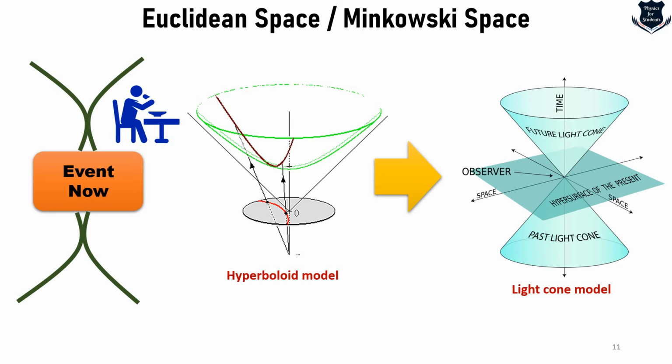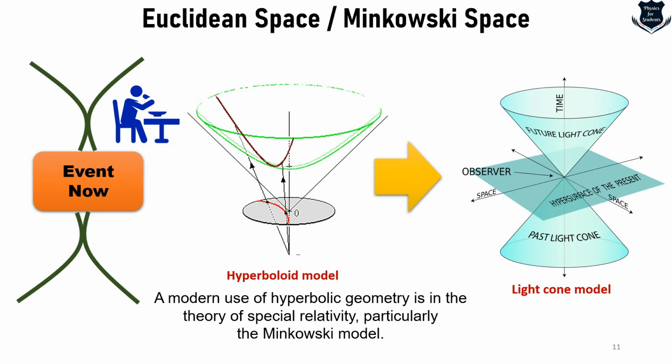So what happens is that this hyperboloid model or the hyperbolic geometry, which was invented around 1880, if I am not wrong, by Lobachevsky, and was renamed by various other geometers, was used in Einstein's special theory of relativity because it perfectly matches what Minkowski spacetime predicts, that there should be a past, a present, and a future. Now this past, present and future was not there in Euclidean space, because everything was at present. So that means a modern use of hyperbolic geometry is what is called the special theory of relativity.